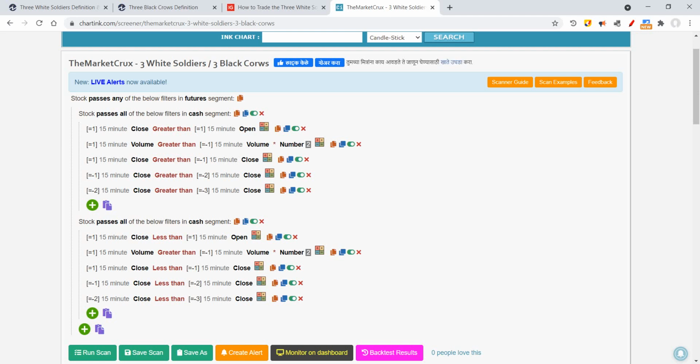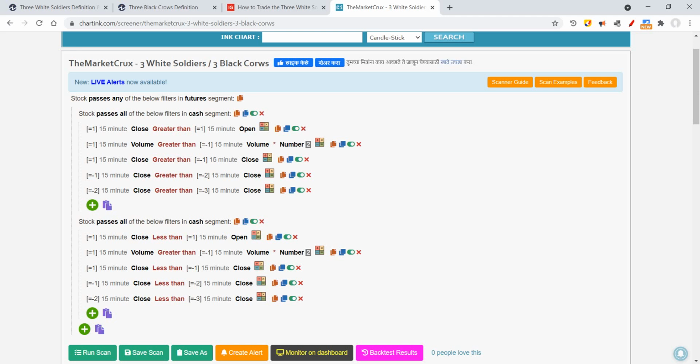This basically checks the first candle of the day. The first candle of the day should be a bullish candle, where the close is greater than the open price. It also checks that the first candle of the day has volume at least twice the volume of the last 15-minute candle of the previous day. So we are checking against the previous day's candles. This is basically a continuation on the buying side from the previous day. Say yesterday we saw good buying for the last half an hour, and that buying continues today also, we will go for a long entry.